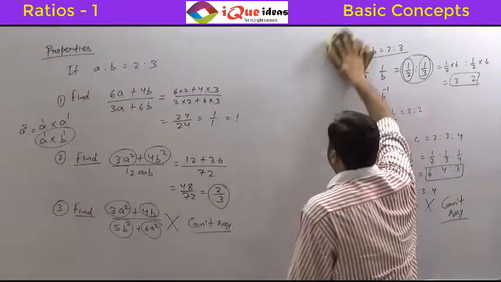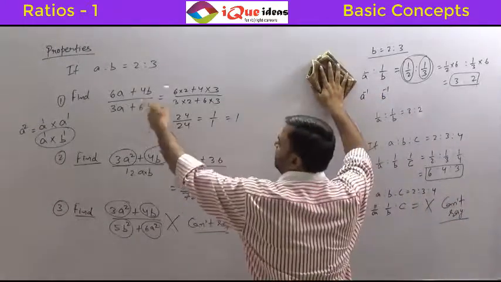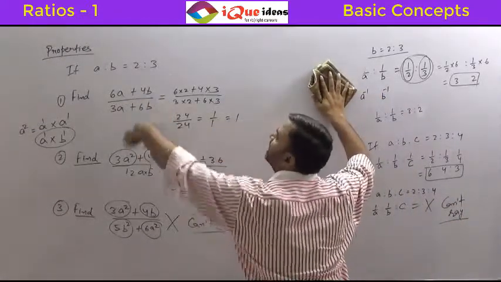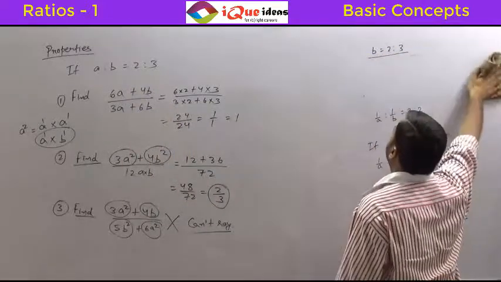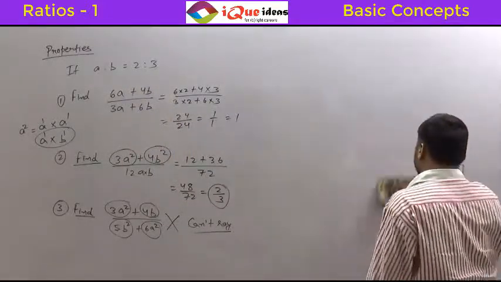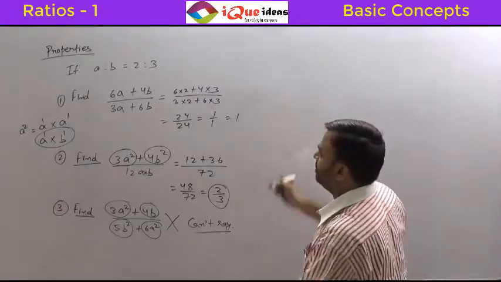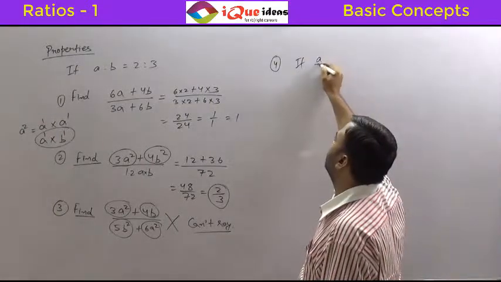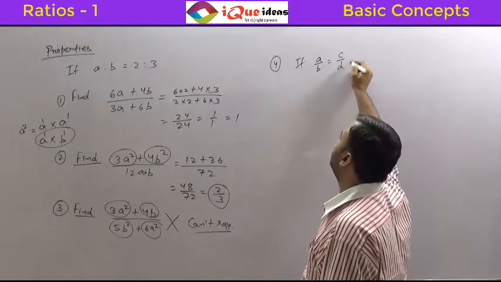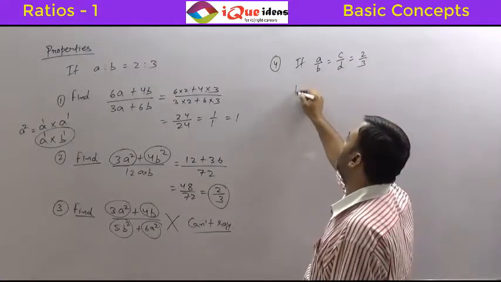Okay. The question can be asked in reverse also. So for example, (6a + 4b) upon (3a + 6b) is equal to 1, then find the ratio of a and b. So you can do the cross multiplication and calculate. We will take those examples in the session of exercise. Then the next thing can be combination of ratios. If a by b is equal to c by d is equal to 2 by 3, find